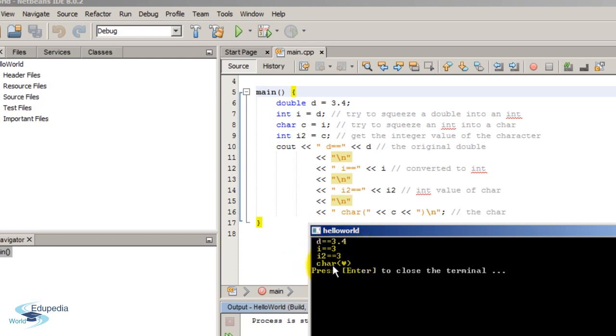So you can see in the output, the character is the heart symbol. Now I go for the third output. Here, it is trying to assign the character value into the integer variable i2. So again, that heart character is represented as the integer value 3. So that's how the output goes.